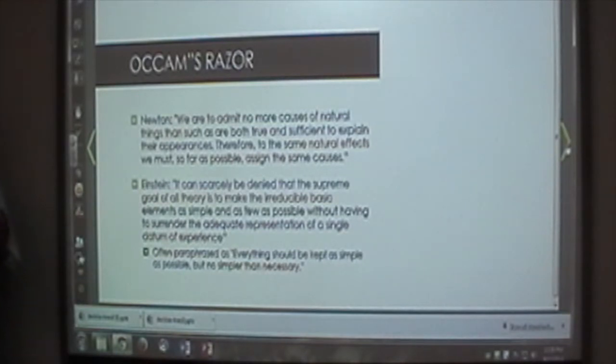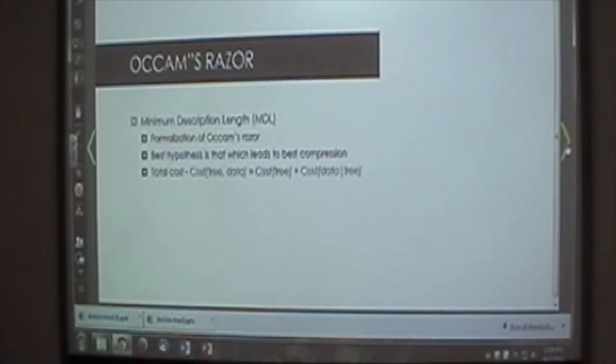That last one you may have heard paraphrased, as I have down here, as everything should be kept as simple as possible, but no simpler than necessary. Get the idea: fully explain everything, but in as simple terms as possible. It's a heuristic, but that's one way to avoid model overfitting, and leads us to